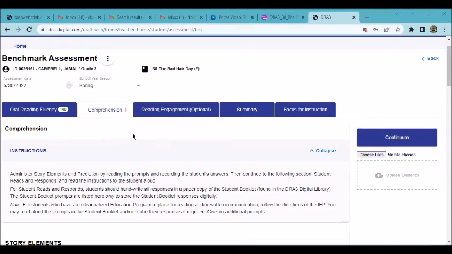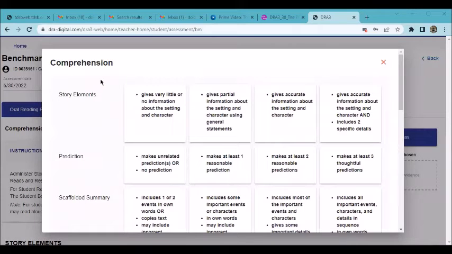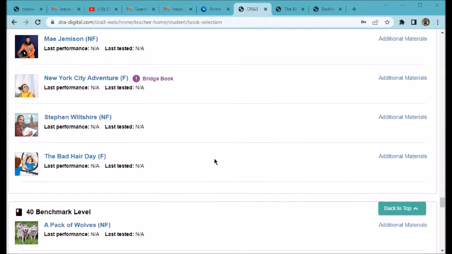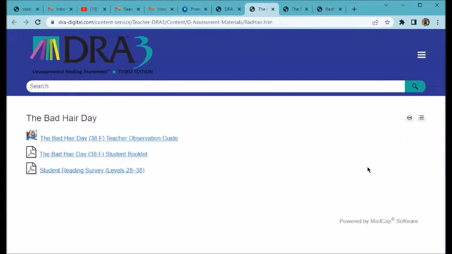When all of the comprehension questions and protocols have been completed with the student, the teacher can click on Continue. The comprehension rubric allows the teacher to select the statement that best reflects the student's performance. If part of the assessment is a written response, we will click on Additional Materials, click on the student booklet associated with this particular benchmark book,